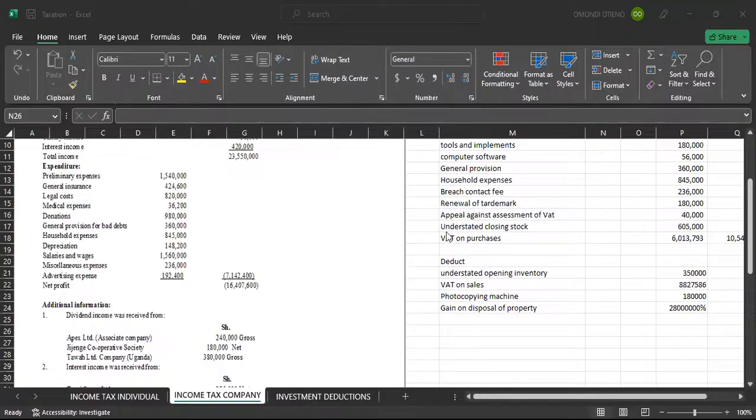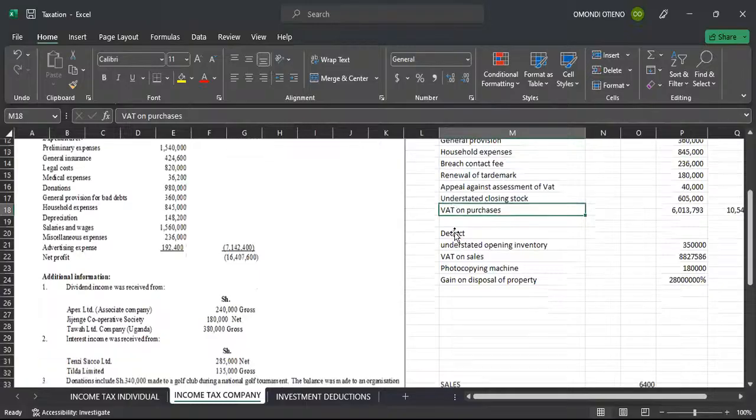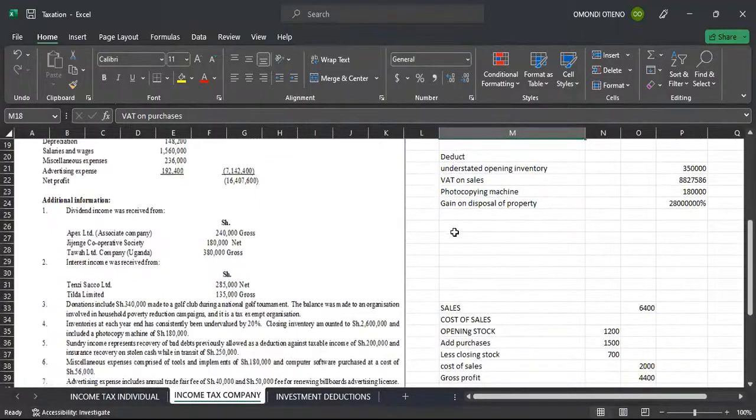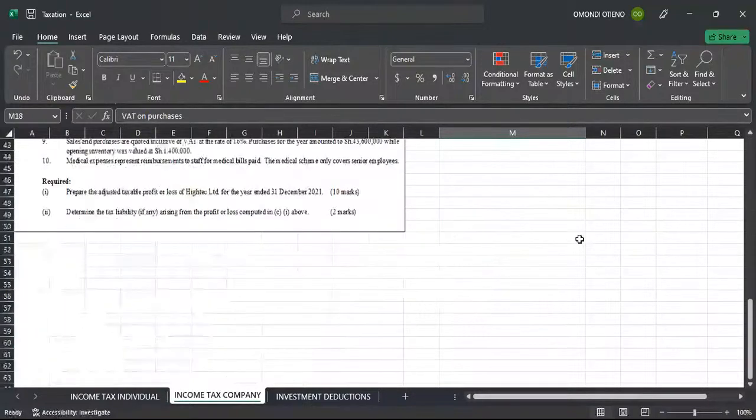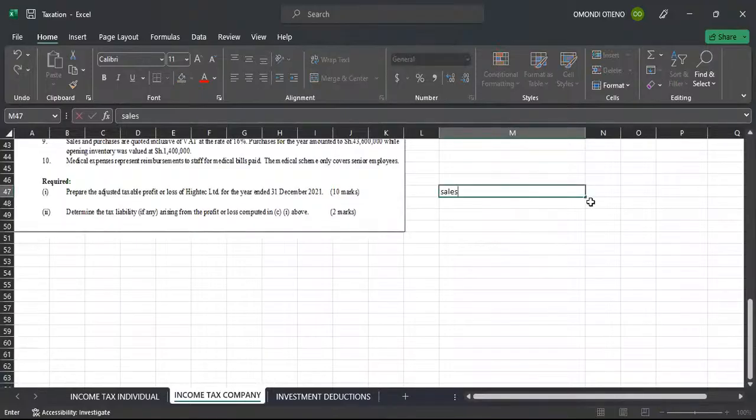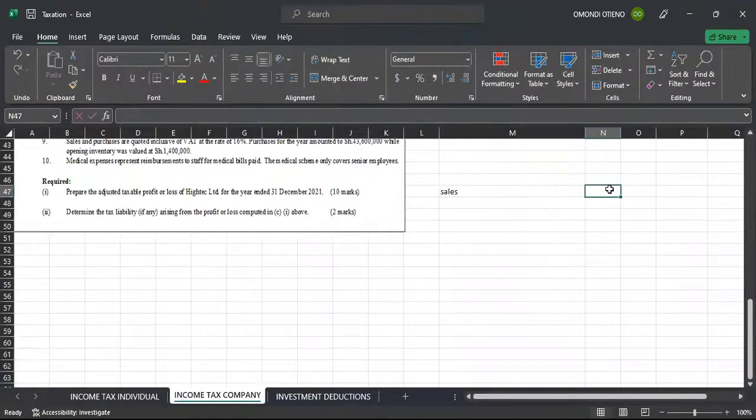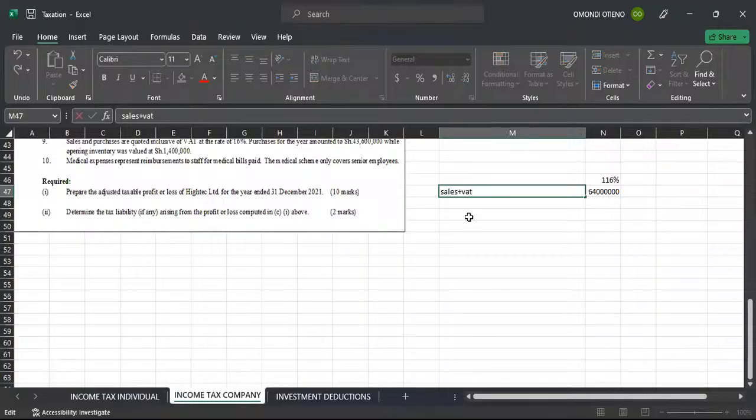VAT on sales. So VAT on sales, this is what we have been given here. The value given up here is inclusive of VAT at the rate of 16%. Sales includes VAT of 16%, and the value given to us is 64 million. If 64 million has VAT inside, we have 116%, which means the real sales here is going to be